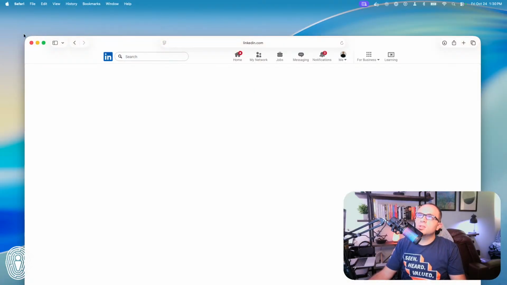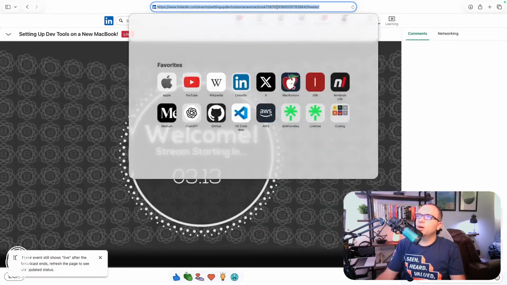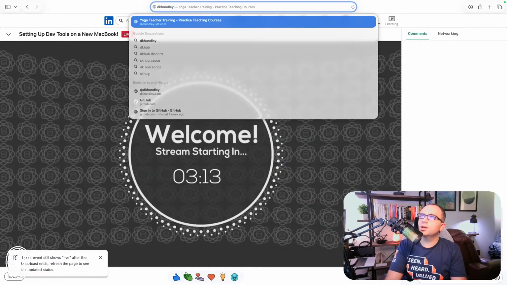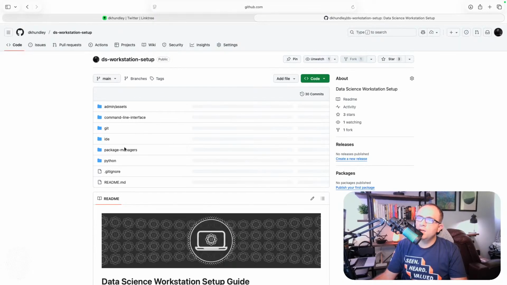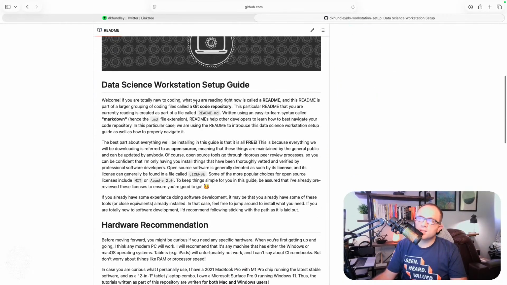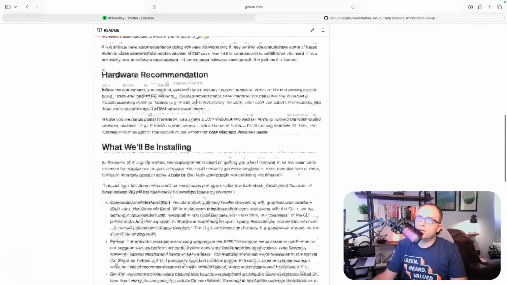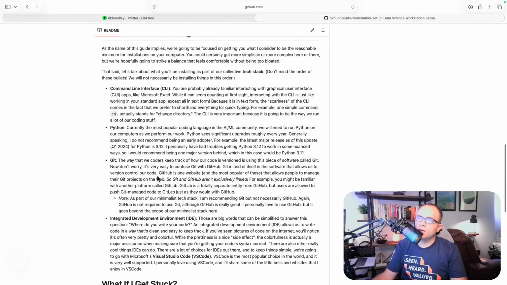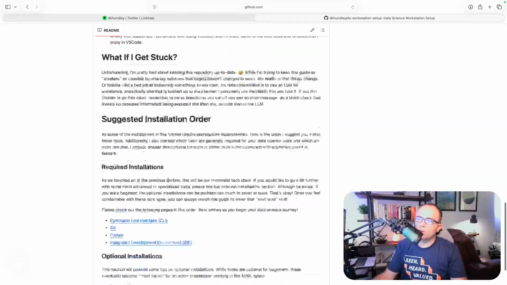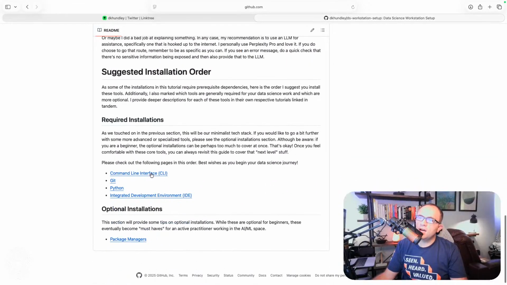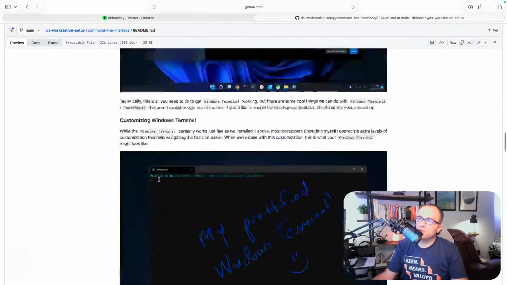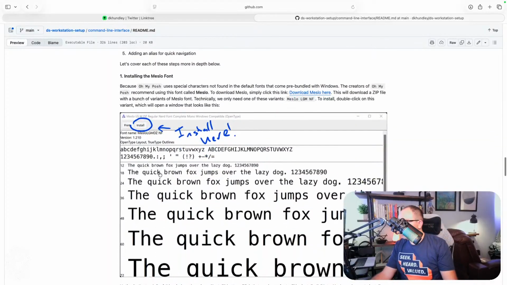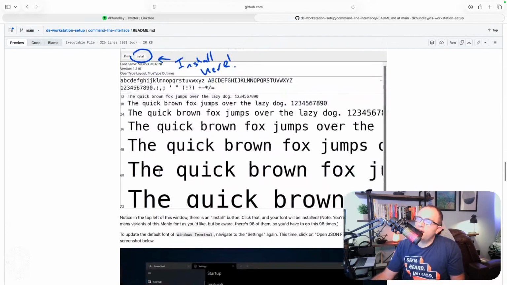Now, I don't update this all the time, so I don't know how up to date this is, but if you go to dkayhunley.com, it's going to take you to a link tree, and if you notice at the bottom of the link tree, you'll see this thing called Workstation Setup, and basically, this says Data Science Workstation Setup Guide. This guide is basically a written version of how you want to do everything here. And then I even go as far as actually demonstrating with screenshots and everything how to do things on Windows too. So if you wanted to follow along with more of a text-like guide on everything that we did today,